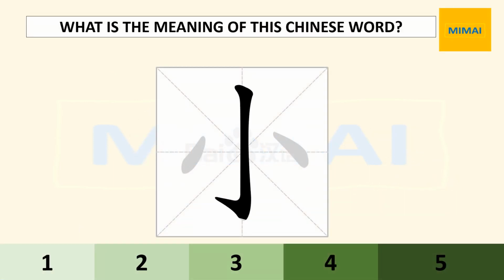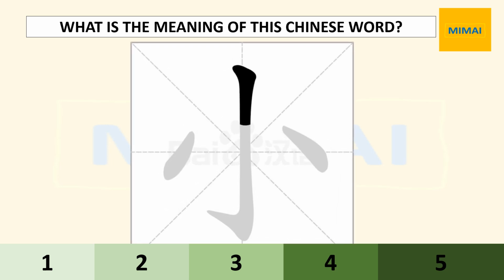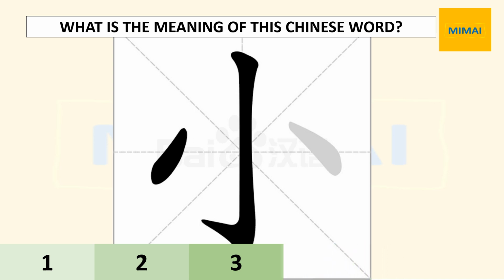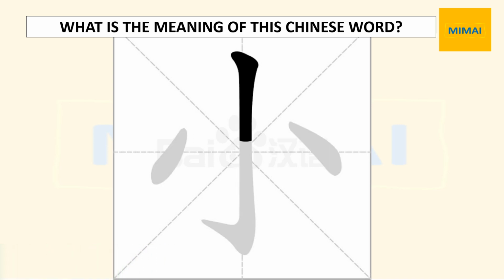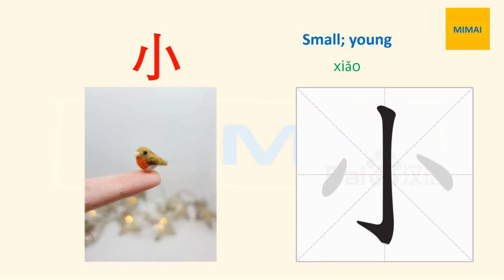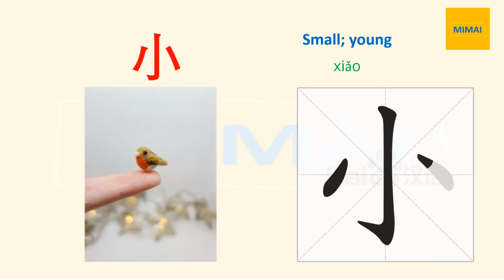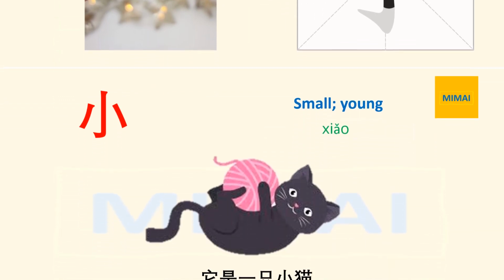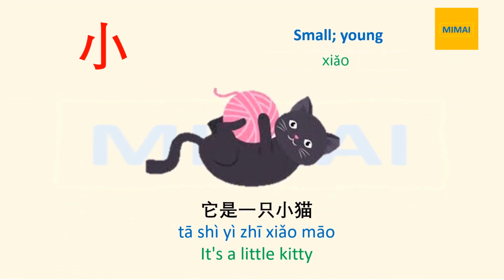What is the meaning of this Chinese word? 小. Small. 小 Small. 小 Small. Here is an example for this word. 它是一只小猫